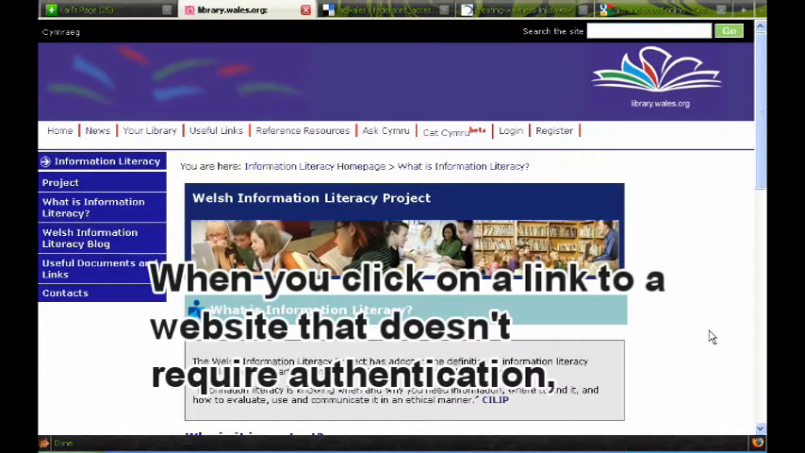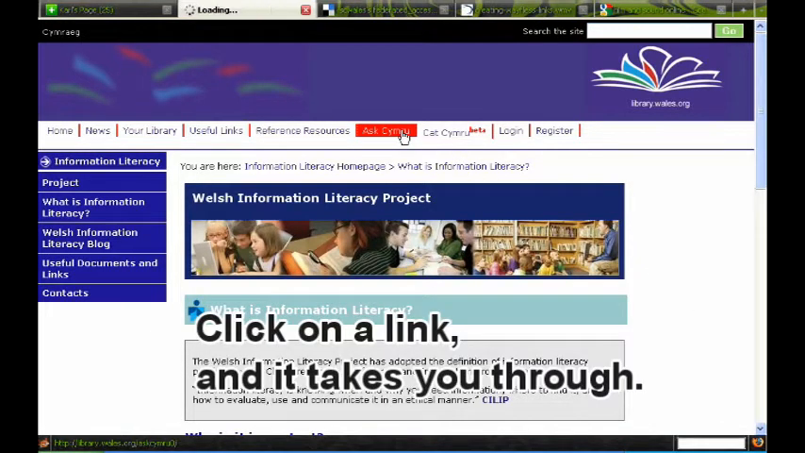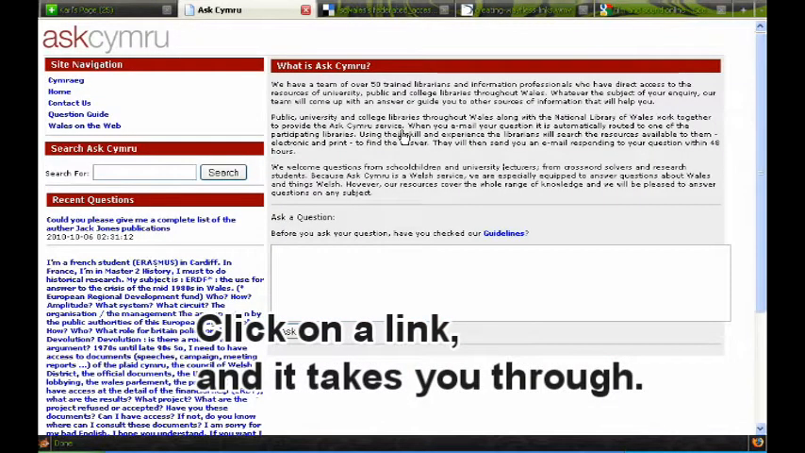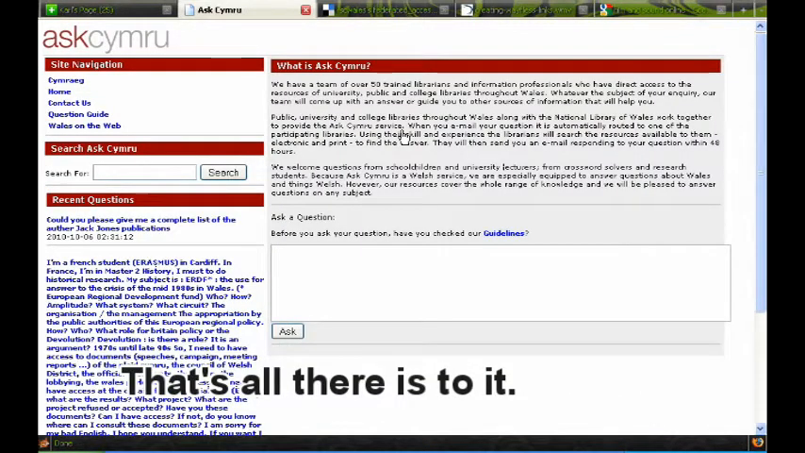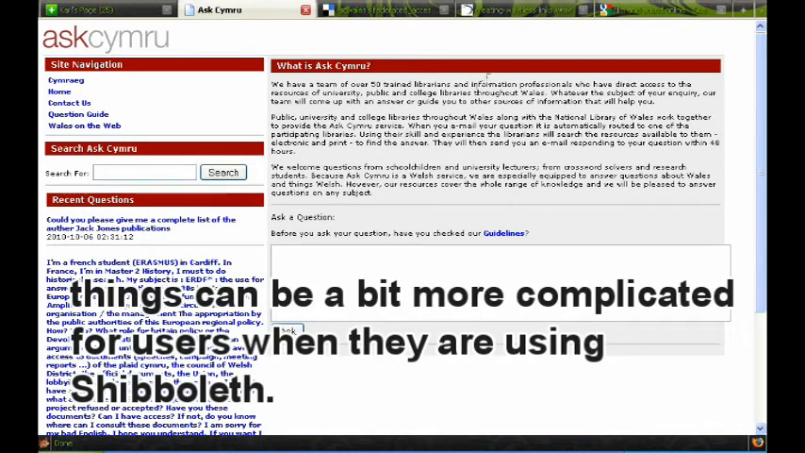When you click on a link to a website that doesn't require authentication, things are really simple. Click on a link and it takes you through. That's all there is to it. However, because electronic resources that you subscribe to often require authentication, things can be a bit more complicated for users